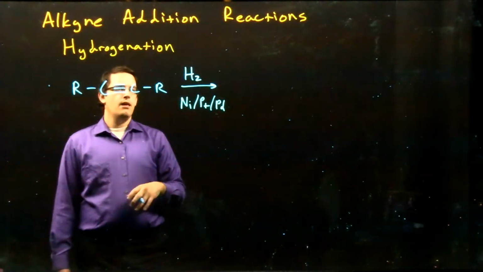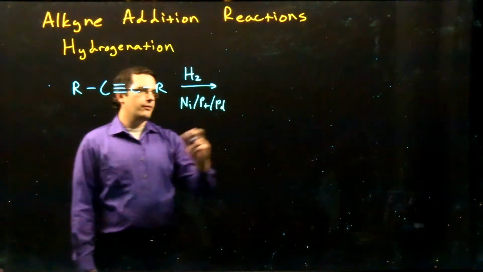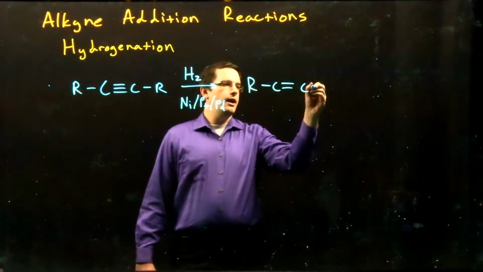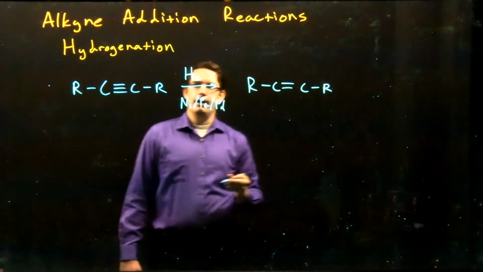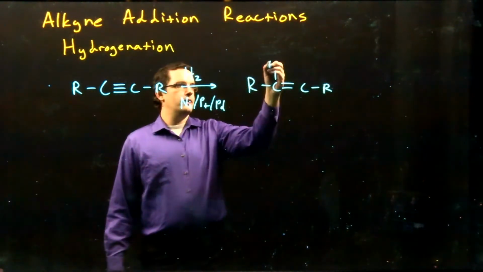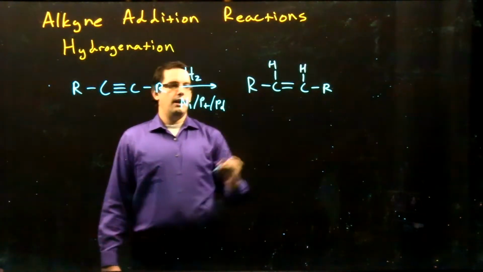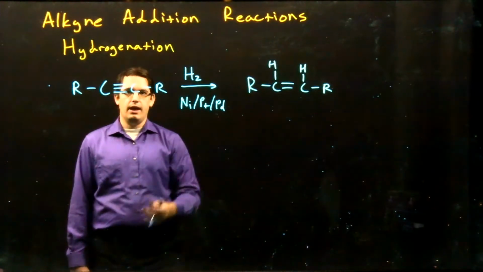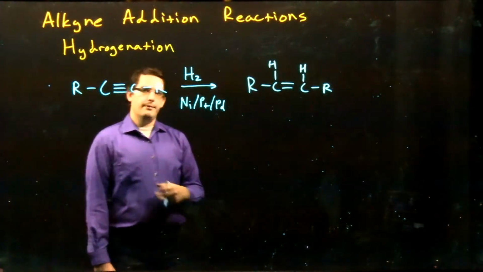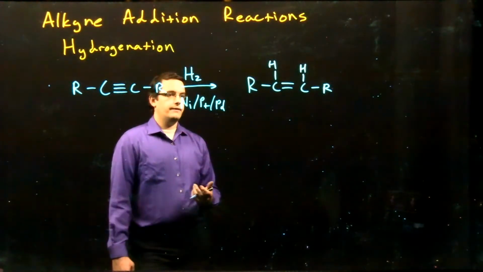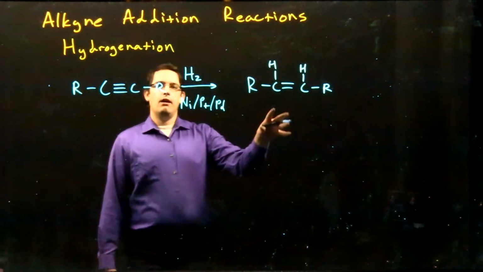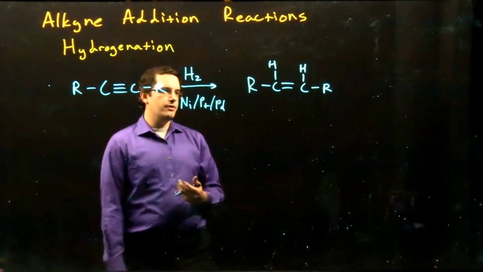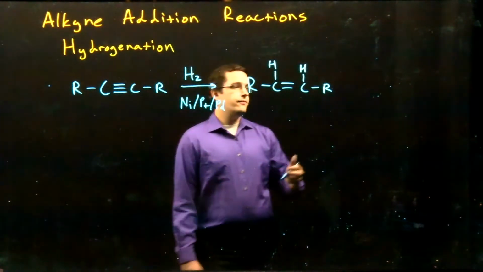So of course, if we add two hydrogens onto our structure here, we would expect that we'd go from our alkyne to our alkene. Right? So that would be with two additional hydrogens. Again, as always, our R's are just representing any general carbon-based chain, or it could even be hydrogens. So that would be our acetylene in that case. So we get our alkene product, and it might be tempting to say that this should be the end of our hydrogenation. But unfortunately,